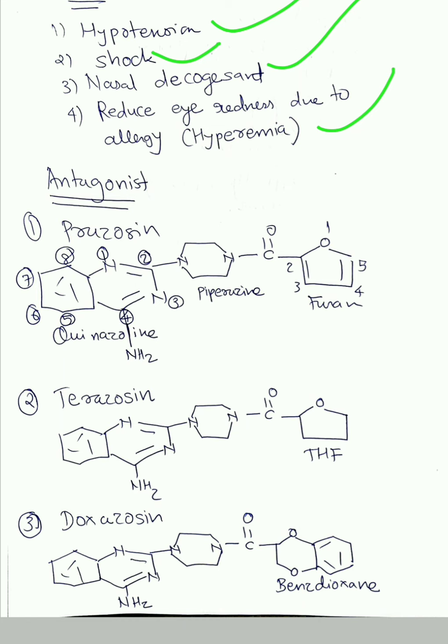Nasal decongestion, they are also used as nasal decongestants. Have you heard about Otrivin, guys? Otrivin or Nazivion or Nazomist? No, Nazomist contains sodium chloride, I guess, but Nazivion and Otrivin, these two are the most popular nasal decongestants and they contain zoline series. Make this practice that whenever you purchase a drug, please try to read the contents of that medicine. If you read Otrivin and Nazivion, they contain zoline series, oxymetazoline or nefazoline or xylometazoline, because they are very famous nasal decongestants.